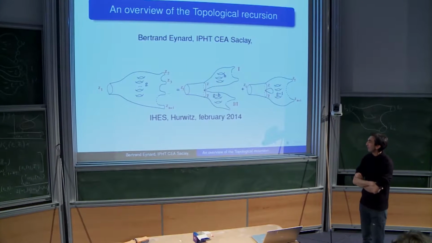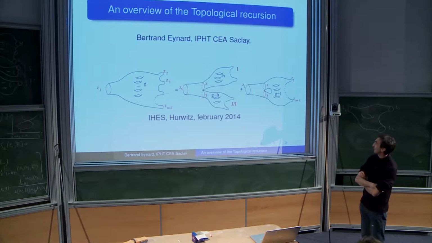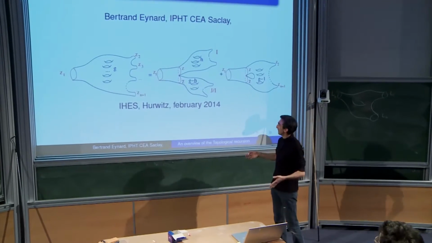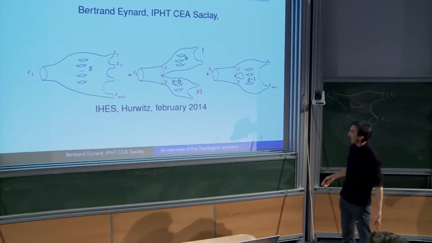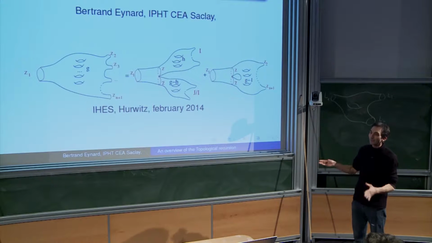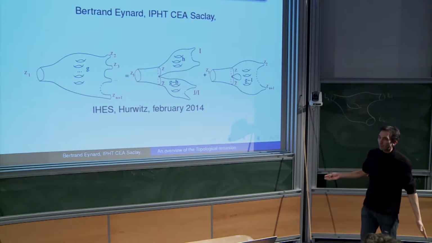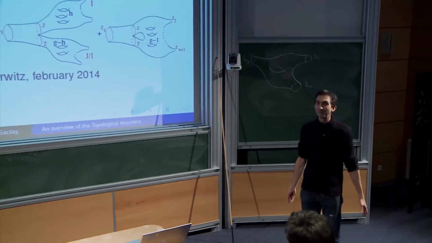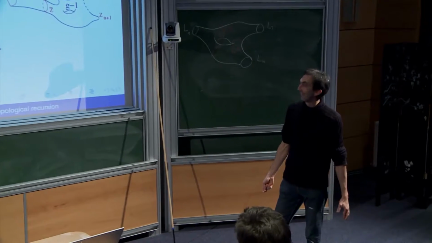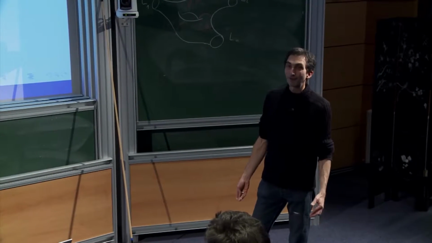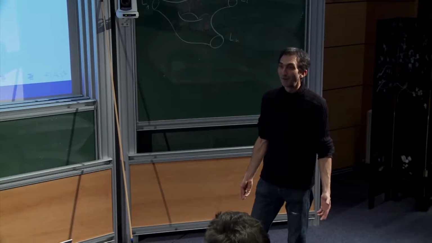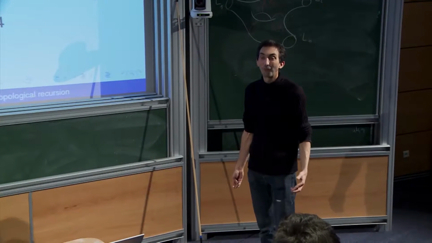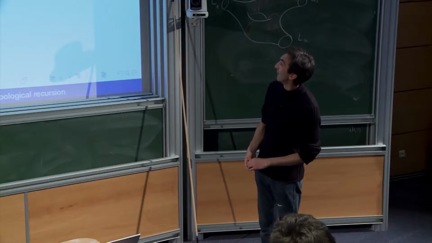But here I'm going to try to give just an overview. It's not going to be very well mathematically defined all the time. I just wanted to explain more or less what it is about, a little bit where it came from, because for many people this relation, and even for me, in fact, seems a little bit miraculous. So I don't think there is really any good understanding of why it is true. I mean, we can prove it case by case, but we don't really understand why. So the deep reason.